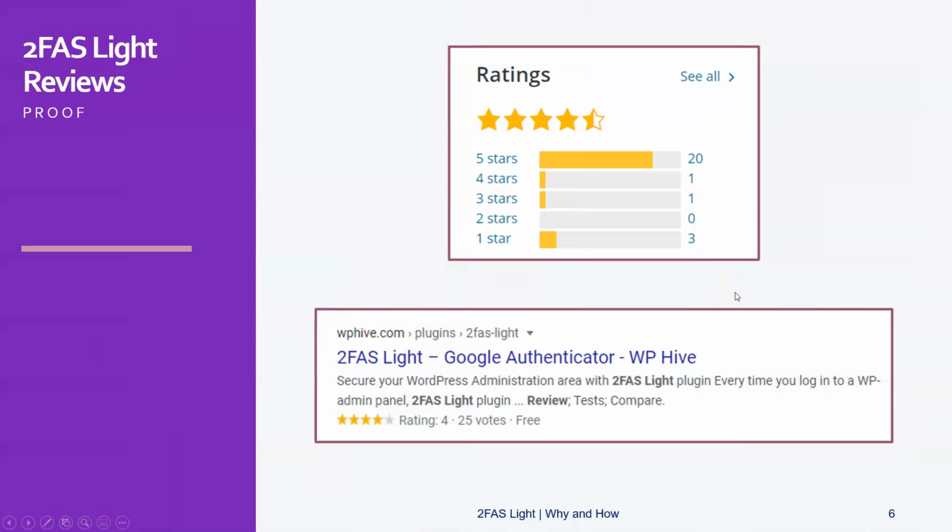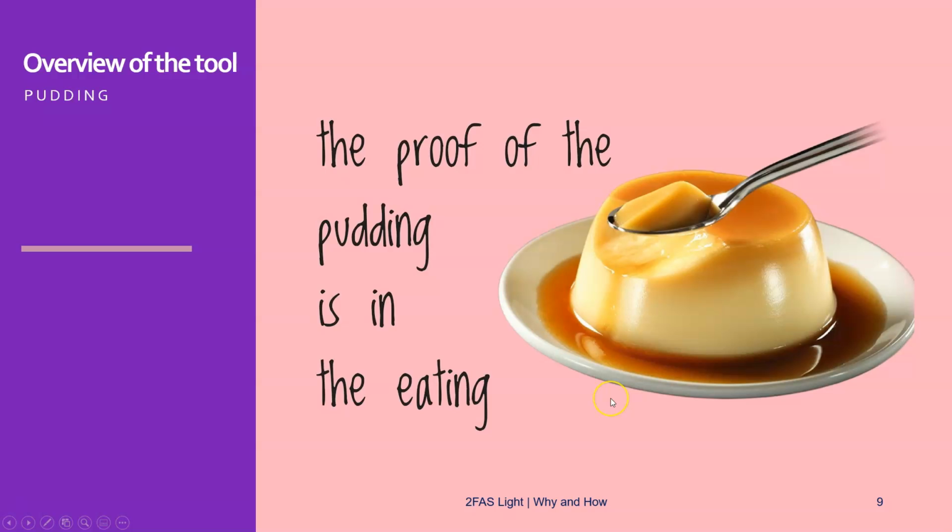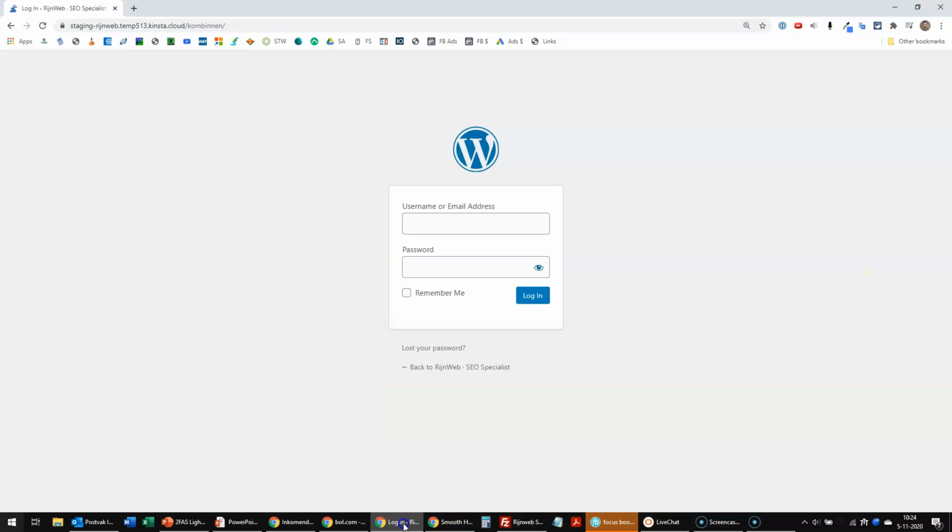What are people saying about it? Well, the ratings are good. Obviously, when there are so many users of something, there are always 1 star reviews because something doesn't work, for example, combined with other plugins. But in general, 4-star and 4.5-star is a very good rating for a WordPress plugin. But as usual, we are going to check the pudding. So let's have some. Well, and I'm going to take you to one of my staging websites, as you can